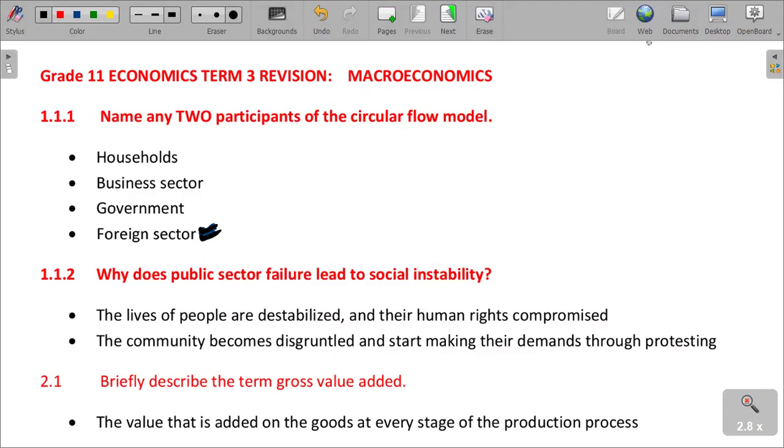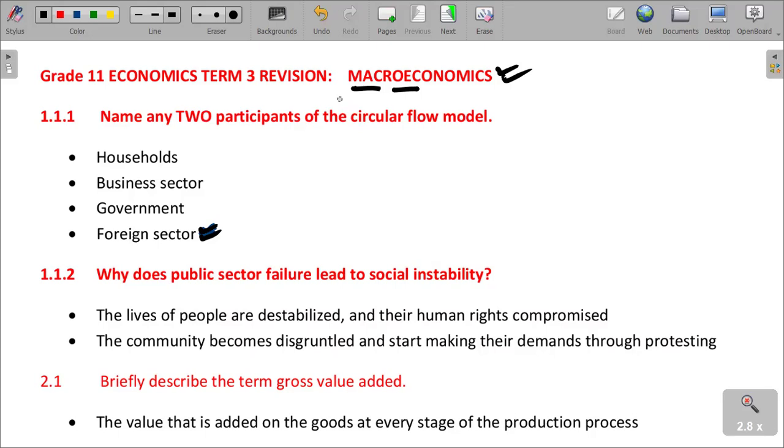We want to talk about macroeconomics. I'm sure it's one of those interesting concepts within economics grade 11. So we are just going to do some quick revision under macroeconomics, and then at least we get ourselves ready for every other exam that is coming, both at the end of this term and also at the end of the year in grade